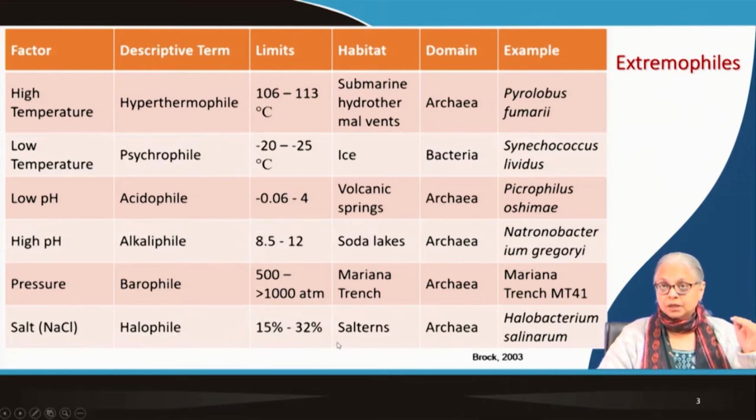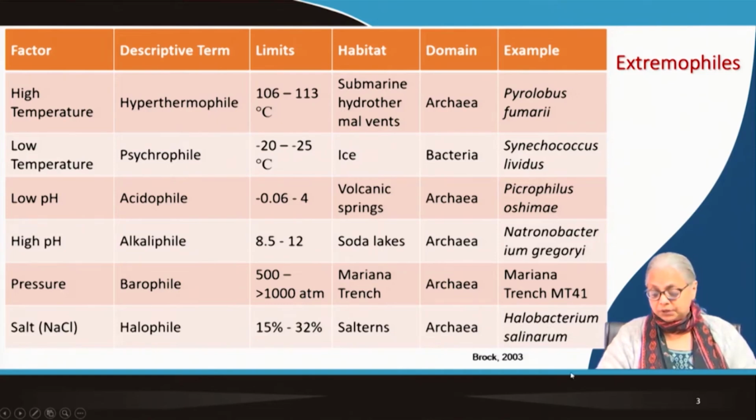So they have the ability to tolerate saline concentrations of 15 to 32%. What is the saline concentration of seawater? Seawater is 3.5%. So this is 10 times, almost 10 times higher than seawater. So even under those conditions, there are certain algal cells as well as bacteria that are capable of growing and surviving. So this is an example of an archaeobacteria. It's a Halobacterium salinarum, and I'll show you some graphics which also give you examples of the same.